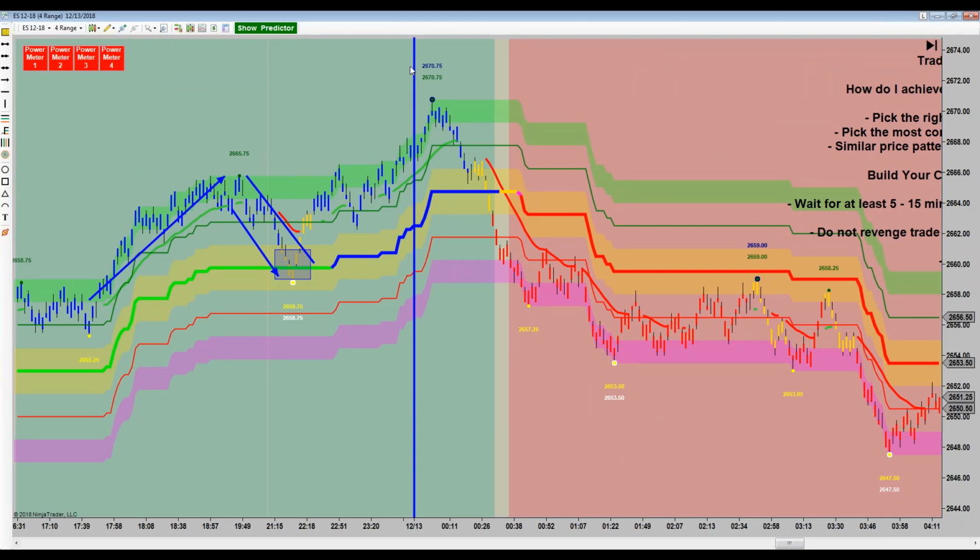Now, this vertical line is midnight Pacific time. Most of you know, of course, that the Asian trading session goes from 5 o'clock. So it's just firing up right now. The Asian session is just kicking off, and it runs all the way until midnight Pacific, in which case the European trading session takes over from here and runs all the way into the beginning of our session on the equities. That's going to be 6:30.